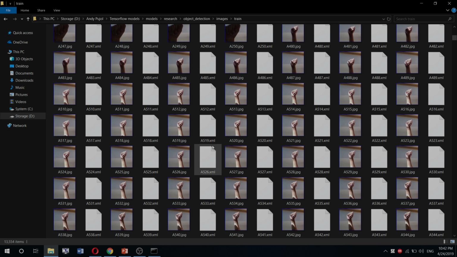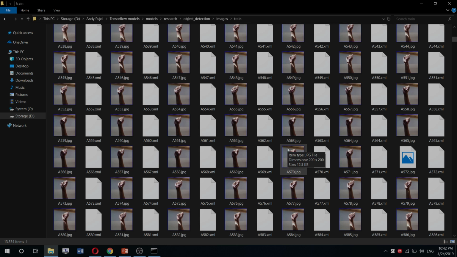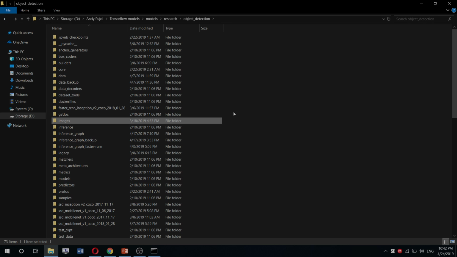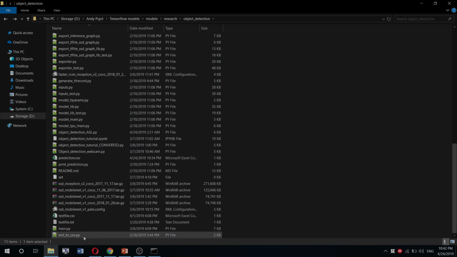You see that the lighting conditions change, the distances are not the same, and that helps the model a little bit to recognize in different conditions, so that it's just more versatile. So once you've done that, drop it inside of this image folder, and what you will use is this